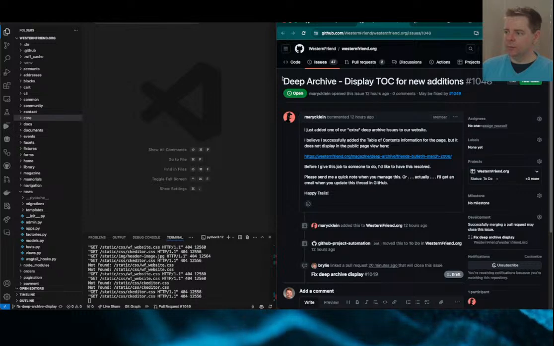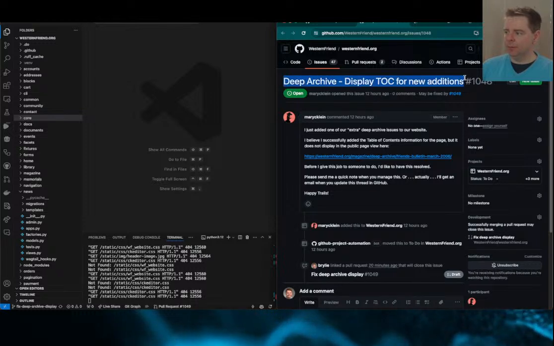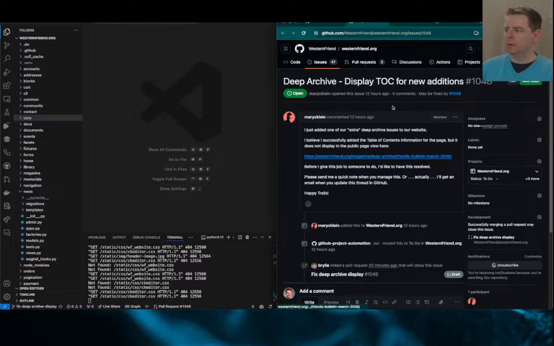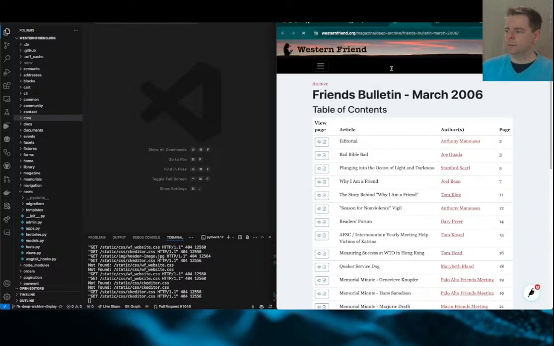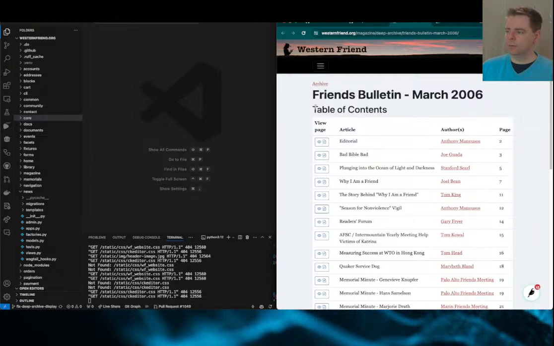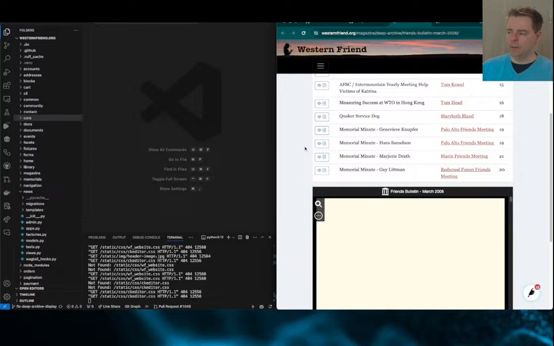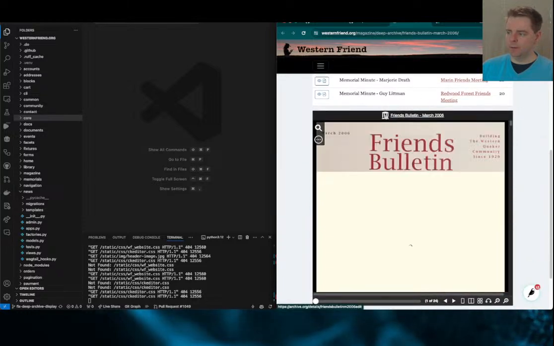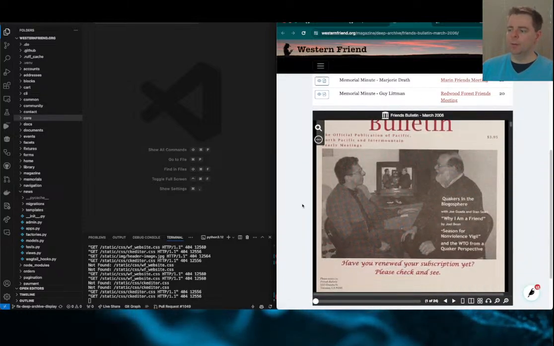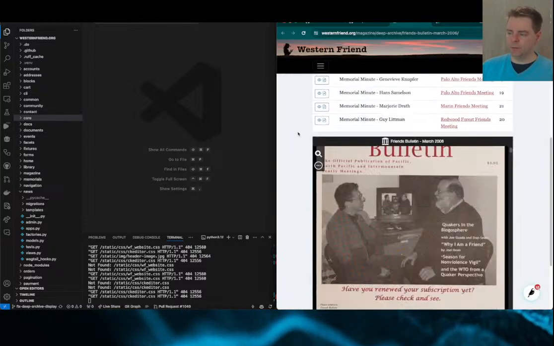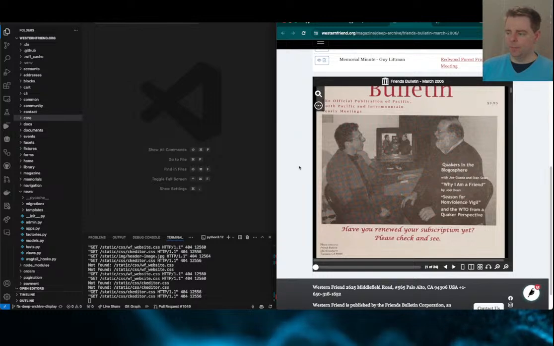We're going to fix a bug. When we add deep archive issues on the Western Friend website, there's a display here that shows the table of contents. These are issues that go back to 1929, and they're hosted by the Internet Archive. They were print publication. Western Friend is still a print publication, but also now has the digital distribution as a first class